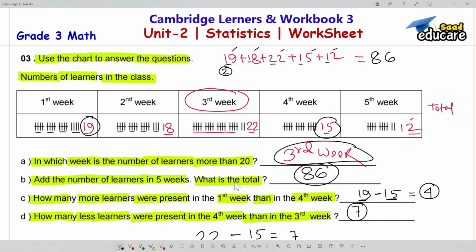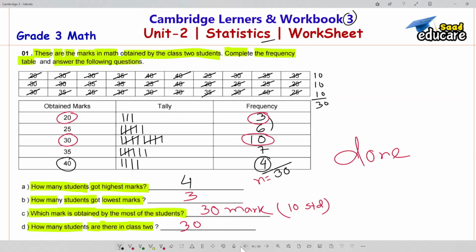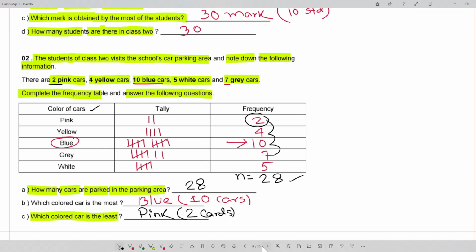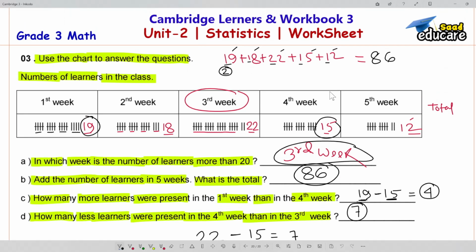It's a very important video about learner's book 3 and workbook. It's combined. So tally is a very important topic. So I'm trying to solve 1, 2 and 3 math based on statistics. So this worksheet will help you for your examination,